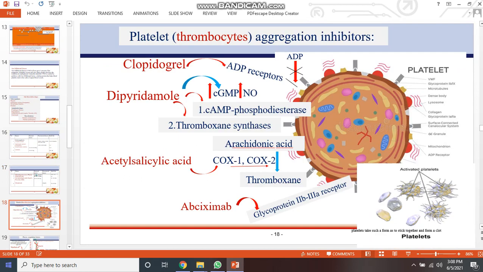Platelet thrombus aggregation inhibitors. As you can see, the platelet has vWF, a glycoprotein Ib-IX, microtubules, dense body, lysosome, collagen, glycoprotein, surface connected system, alpha granule, mitochondria, and ADP receptor. All these are ADP receptors, which is why clopidogrel is used for the ADP receptor, and dipyridamole is used for